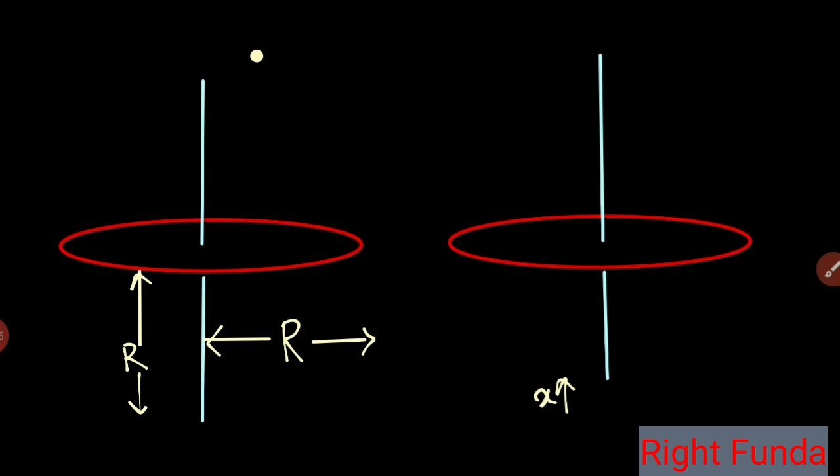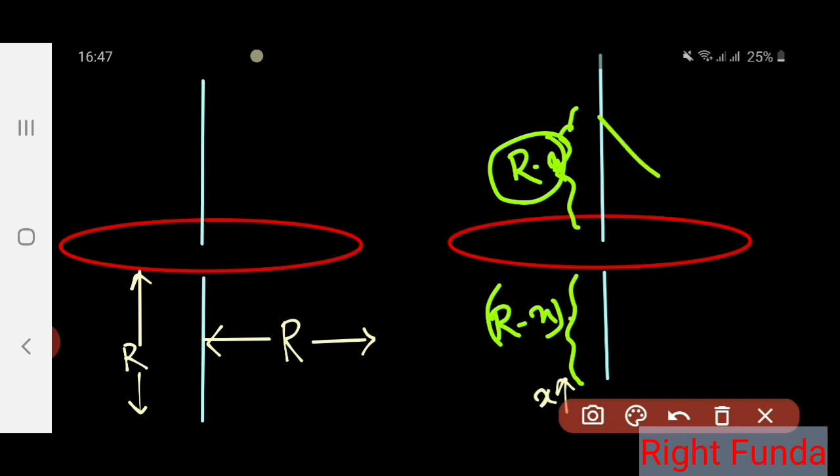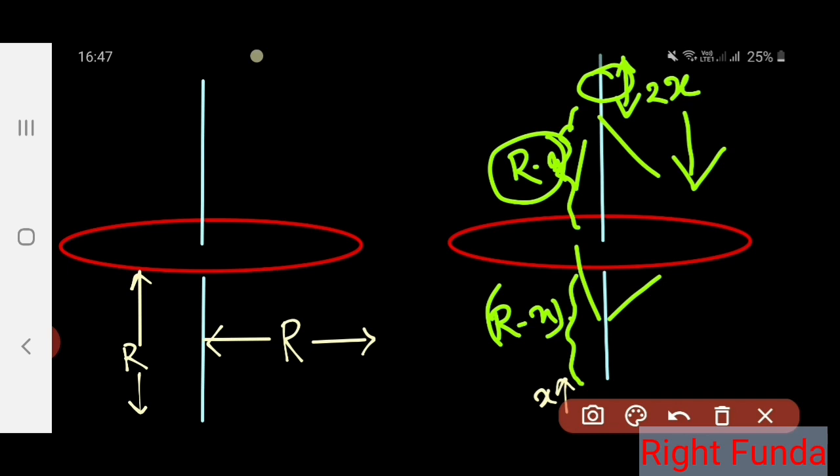If you see, this rod has gone up a little bit. But again, there will be some symmetry. The length of the rod below is now r minus x. Similarly, on this side also there will be r minus x. For this length, the forces will be balanced. But there is an extra length. How much extra length is there? That you need to think. You've shifted, so r minus x and r minus x cancel, and here 2x length is left. Due to this 2x length, the force exerted will be the restoring force. That force will be responsible for bringing the rod back to its position.